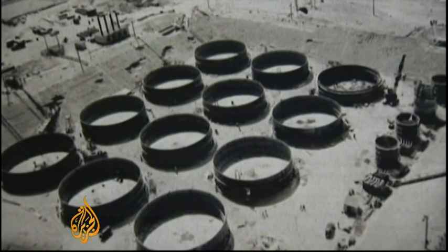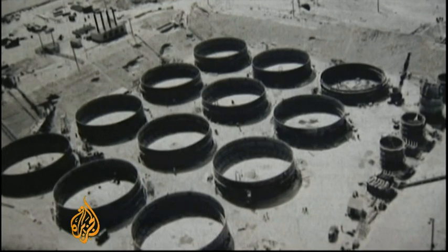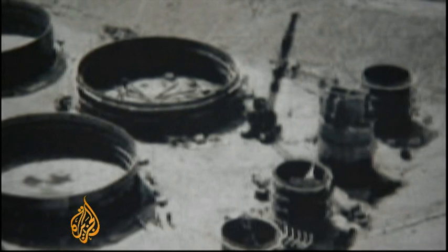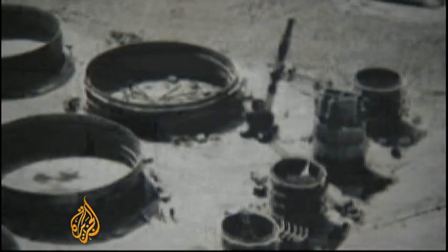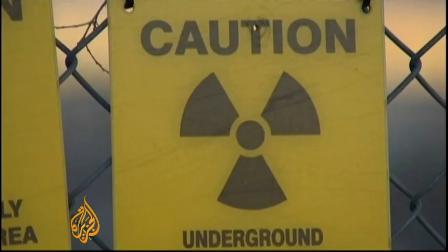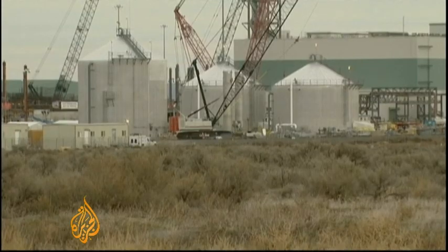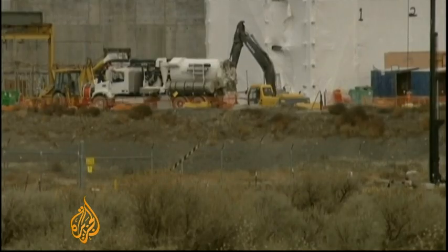The Hanford nuclear facility was built in the 1940s as part of the Manhattan Project, which made the first atomic bombs dropped on Japan in 1945. The tanks built to store the toxic byproducts were never meant to last this long. The U.S. government partnered with state authorities to decontaminate the site in 1989, but cleanup efforts have run over budget